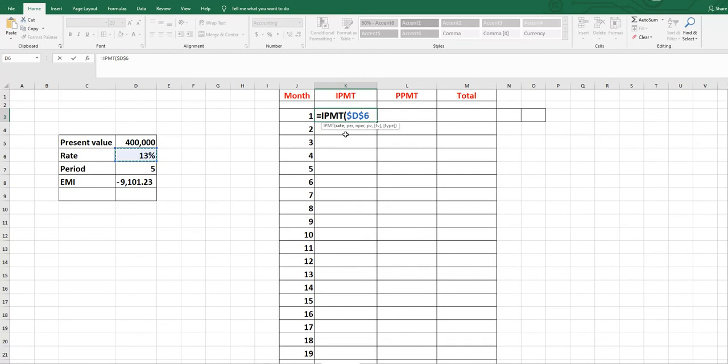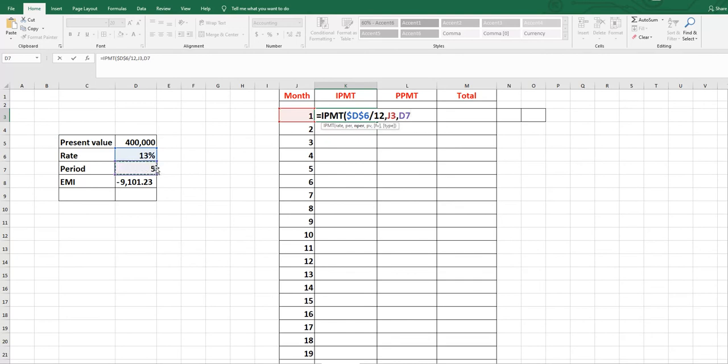And then divided by 12. Why? Because this is yearly. We have to convert this rate monthly, that is why you have to divide it by 12, and then comma, we are calculating the interest of first month. You know that there are 60 months in 5 years, that is why I have written 60 starting from 1 to 60, and month we will calculate monthly, that is why we are not going to fix this month, comma,